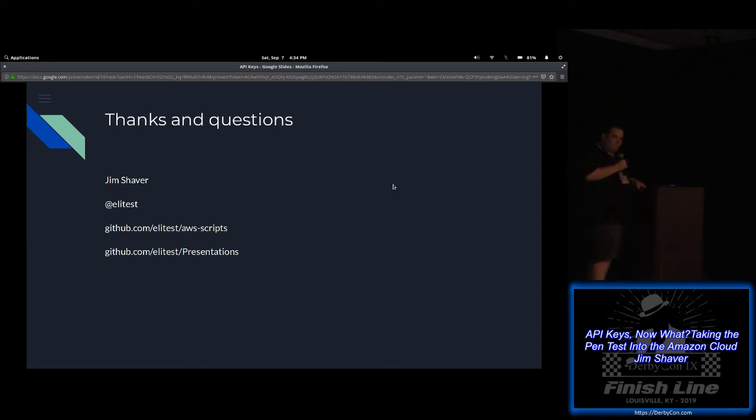The second question I had was, you had the really cool MFA bypass with the API key. You get this Windows password, and you get free console access to get the Windows passwords. You mentioned that you can use it through RDP. Does it only work for RDP? So the question is, if you get that Windows password, can you use it for other things other than RDP?